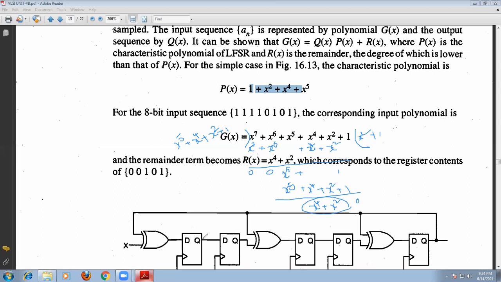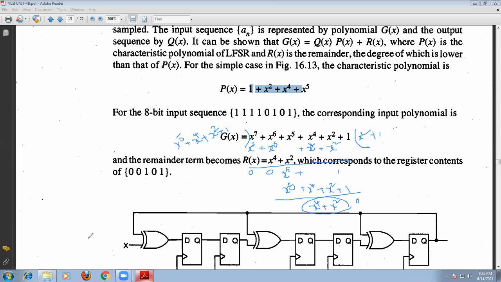And this is x0, and this is nothing but x5. Depending upon that, we are going to represent, and here is the input pattern we are going to apply. We can apply it in the reverse direction, 1, 0, 1, 0, 1, 1, 1, 1, on this pattern,